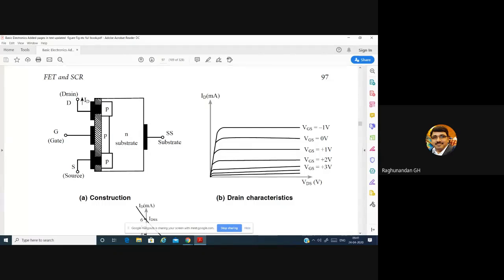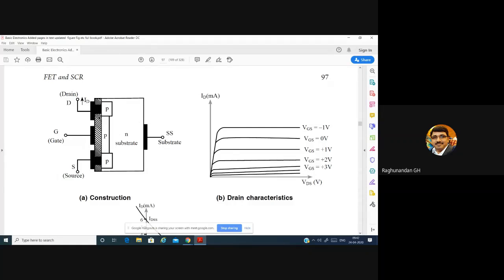But if you want to control that, or reduce that flow, you can apply positive voltage here. When you apply positive voltage to the gate, it creates a positive field. Since holes are also positive and the field created here is also positive, they get repelled. The holes get repelled from here and start moving towards the substrate. Since the substrate contains electrons, these holes combine with these electrons. So this is how we can repel the holes.